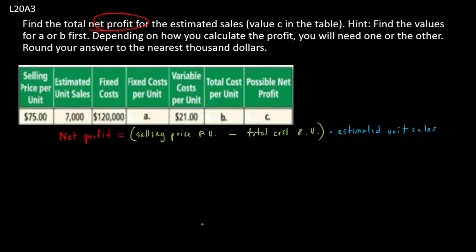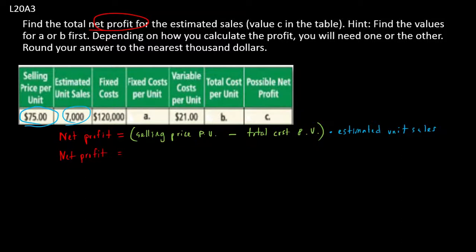Okay, now take a look here. What do we know? Well, we already know that the selling price per unit is $75, so that's good news. We know the estimated unit sales. So let's plug in what we know. So net profit